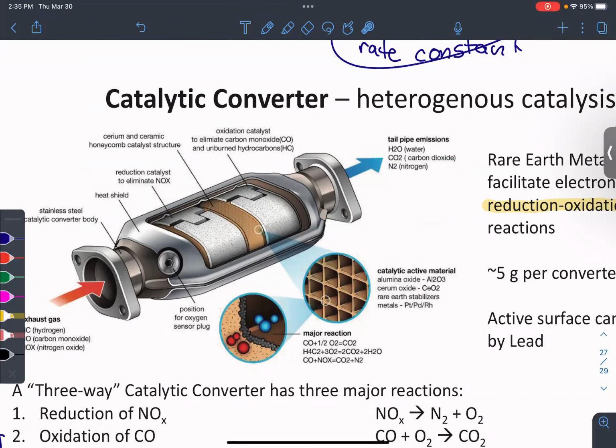That's really bad for the environment because NO2, when you mix that with water, you get nitric acid. If you have too much NO2 in the atmosphere and it starts to rain, what do you think that turns into if it goes through a cloud of NO2? Acid rain, yes, so that's bad. Those are all bad things. That's why it's basically the law for passenger vehicles to have catalytic converters, to convert all of these bad things, hydrocarbons, carbon monoxide, and NOx, to water, carbon dioxide, and nitrogen. Those are all nice things that already exist in abundance in our atmosphere.